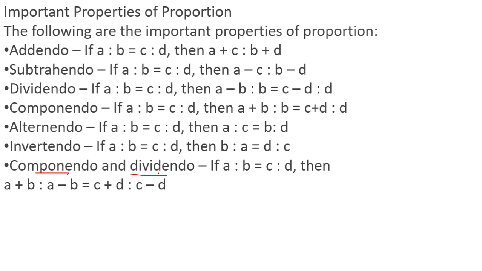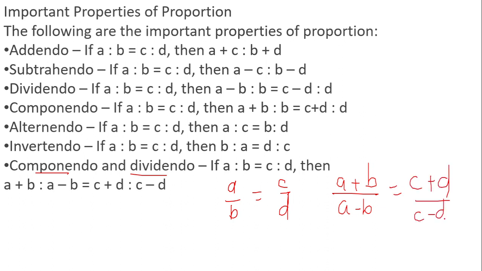Okay, the last but not the least, componendo and dividendo, where we are actually clubbing the componendo and dividendo properties. That is, if we have two ratios, a upon b is equal to c upon d, then (a plus b) divided by (a minus b) is equal to (c plus d) upon (c minus d). Please go through these properties in detail. Questions can be asked. They will give you two ratios and ask you to apply componendo, apply dividendo, or apply the componendo and dividendo properties of proportion on the ratios given. Okay, so yes,